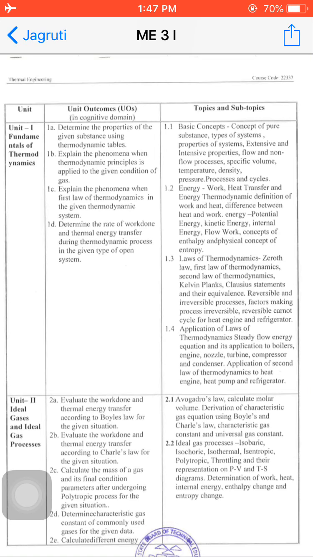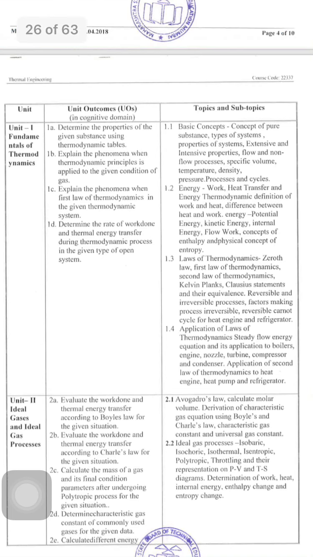There are basically two types of properties. First one is an extensive property and second one is an intensive property. After that, we have to see some processes, flow and non-flow processes. Then we have to see some terms such as specific volume, temperature, density, pressure, processes and cycle. This is 1.1. After that, we have to see the second topic, which is 1.2, energy,